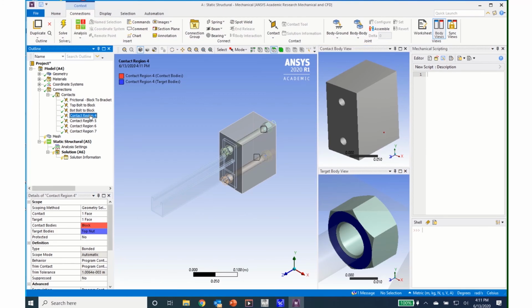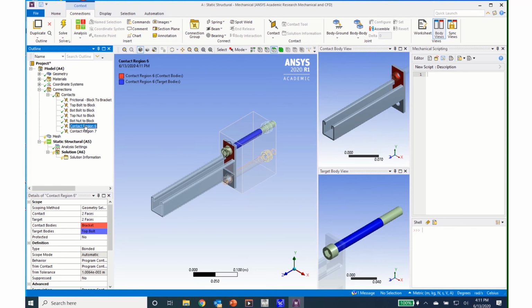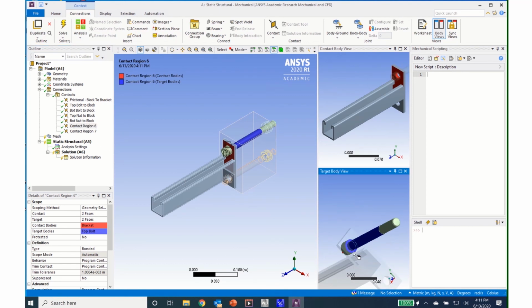So I will click on it and then F2 and change that to top nut to block. Region 5 will be bottom nut to block. Now when I look at contact region 6, this is the inside or the bottom of the